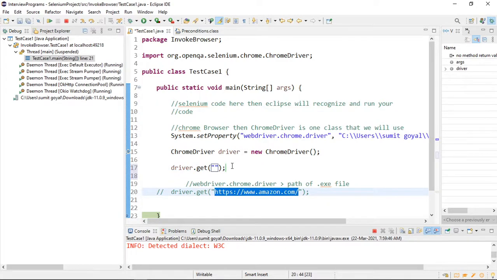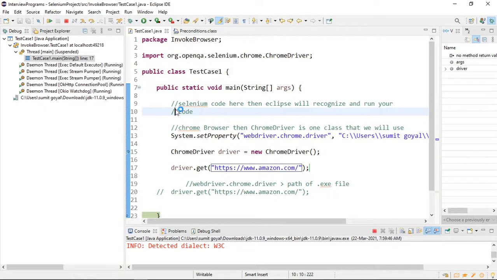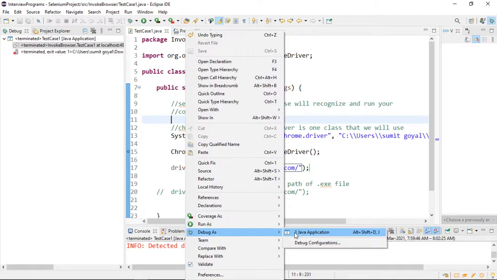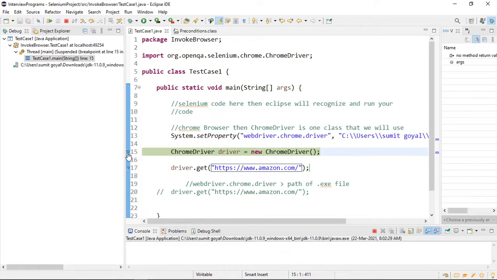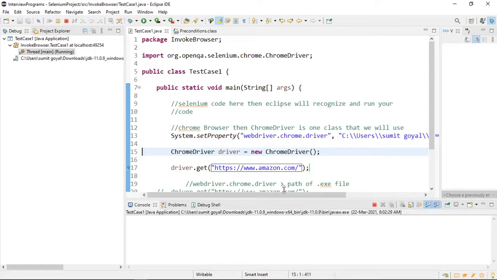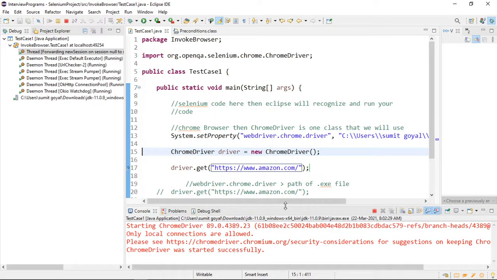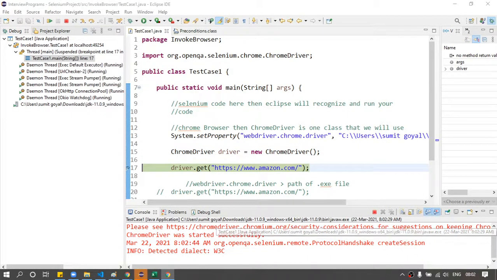So copy this URL, and if I debug it, okay, so stop this, debug as Java application. So it will open the Chrome browser.